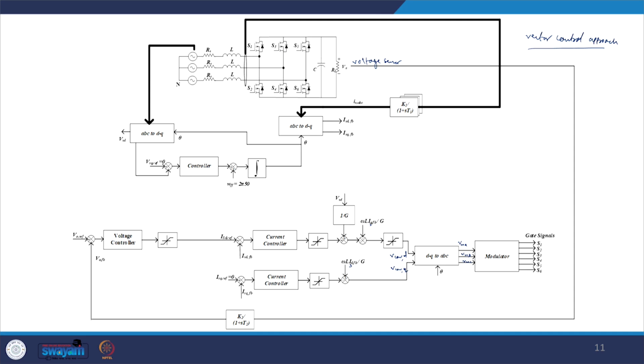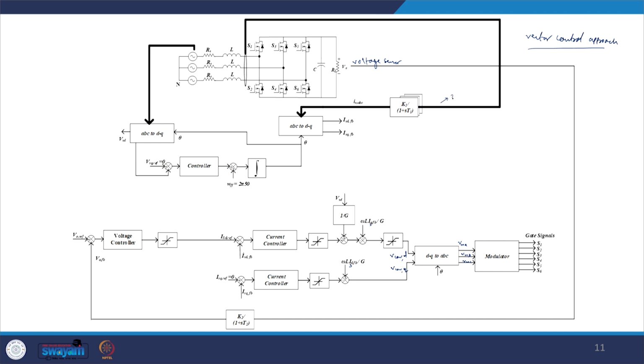Now if you look very carefully, we also have this feedback to be generated. ISD feedback is coming over here, and ISQ feedback is coming over here. ISQ feedback is used in the cross coupling term to negate the cross coupling in the D axis, and ISD feedback is used to negate the cross coupling term in the Q axis model. So how can we generate this ISQ and ISD feedback? For that, we will sense the A, B, C phase currents through the current sensor, since we have 3 phase.